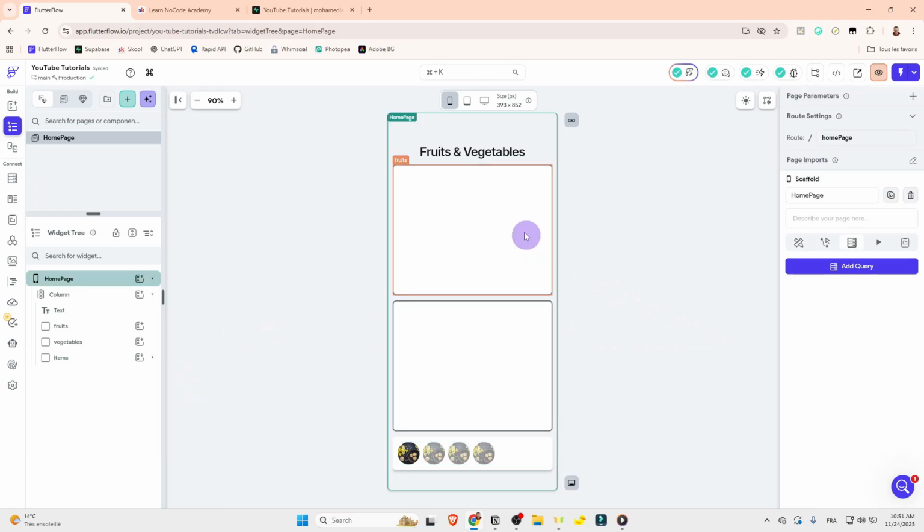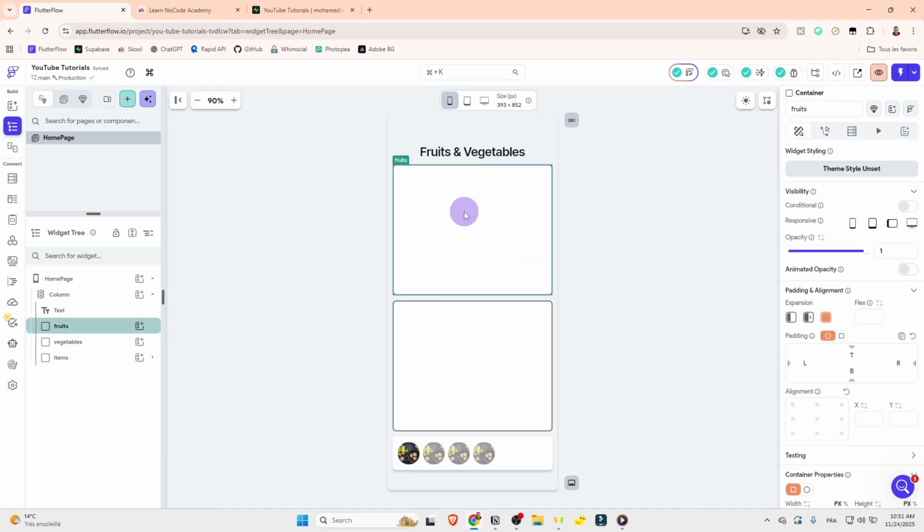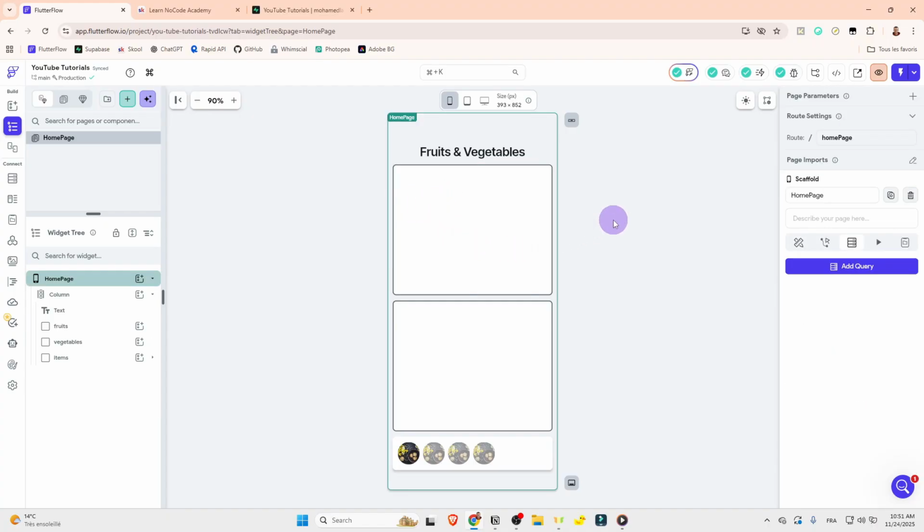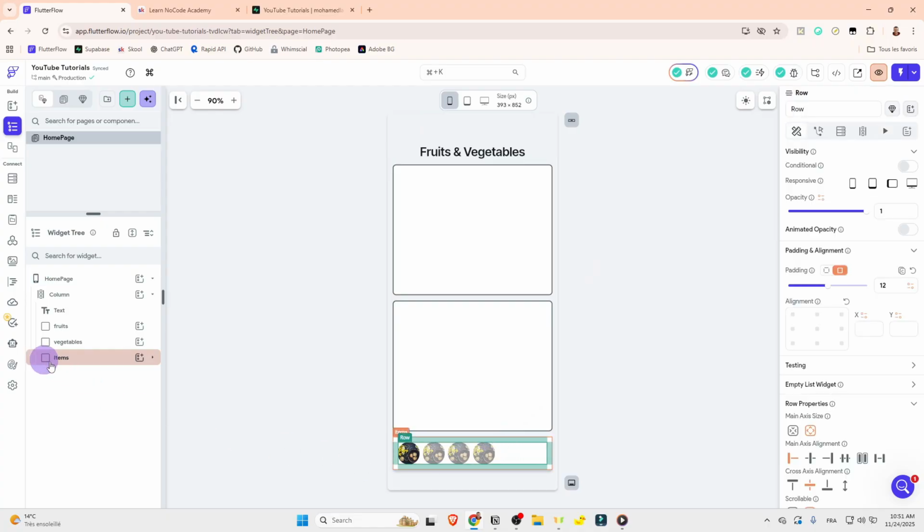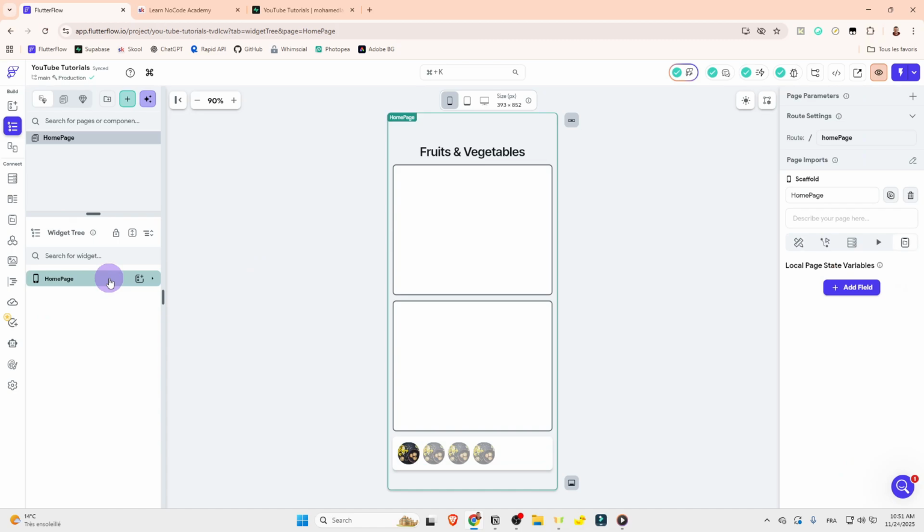So the thing is that if we put some few items here, we need to know them. How the app can know that is by having another app state. Or to be honest with you, I would love to just stick to the page state. We can even do it for this one if you like. So you can actually turn it from an app state to a page state, all you have to do is click on